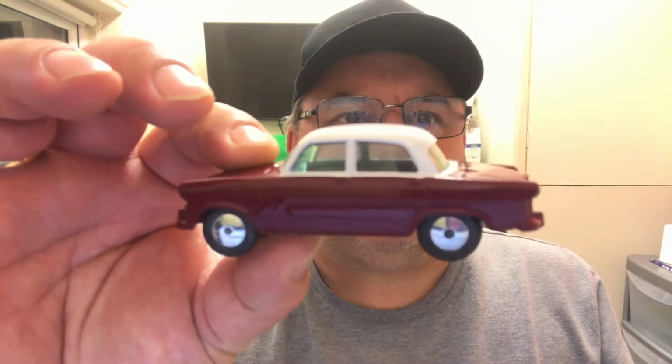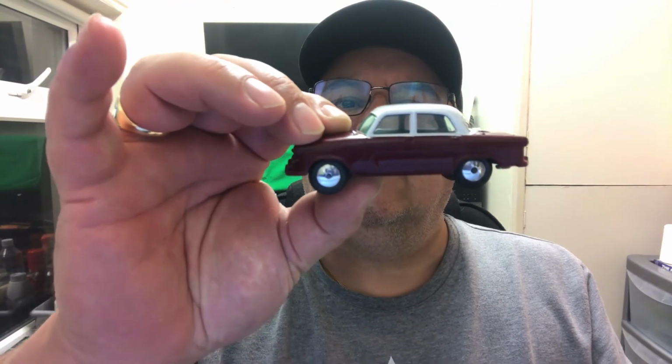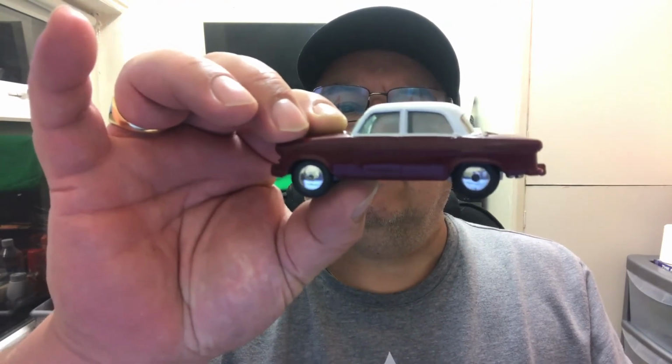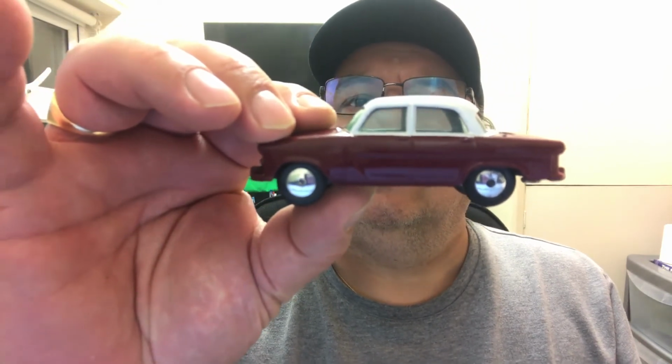I thought I would give you firstly an update on the next Ruined to Refreshed, where I deal with 2 Corgi toys from the mid-50s. So we have done a Studebaker and we have done a Vanguard. The Vanguard looks like that. It's been put back together with the interior plastic windows put in that have been polished. The wheels that are like mirrors now have been cleaned up using the micro Dremel,